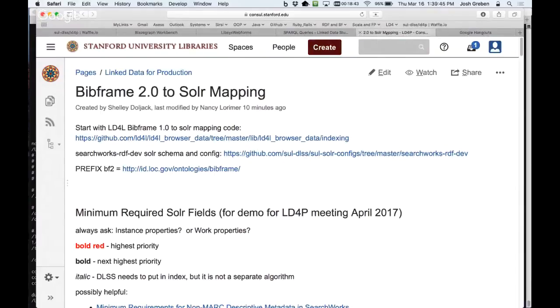Welcome to the linked data for production demo for this sprint. We are in the midst of getting ready for our demo at the linked data for production meeting coming up. We're going to start today's demo with